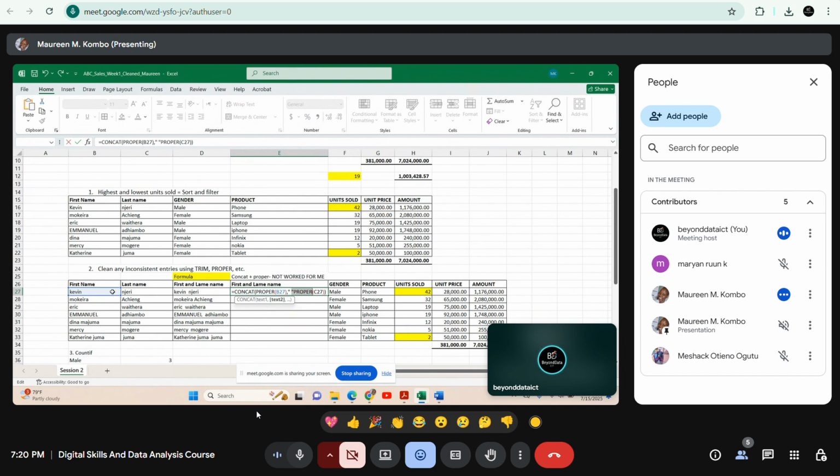For example, from PROPER, you can see you have B27 close, comma. Then you put the speech marks. Then you have to put a comma first before you type the next PROPER. Then when you press enter, your function will be okay. So that was the challenge that you had, and that's how you've solved it. That formula is now a nested function because it's combining more than one function